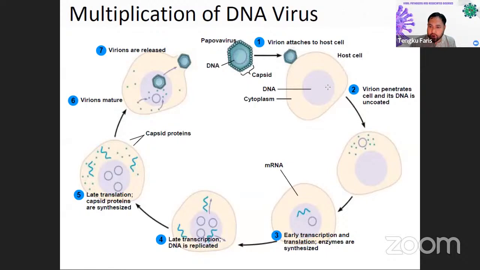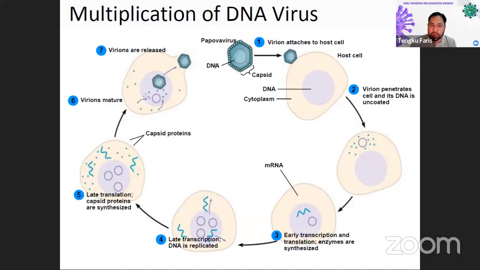They attach to the host cells, they penetrate, they go to the nucleus, and then they start to multiply, do the transcription from DNA to RNA, and after that they produce the proteins, and this capsid protein can further be released as